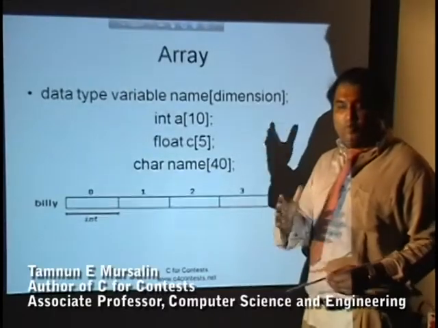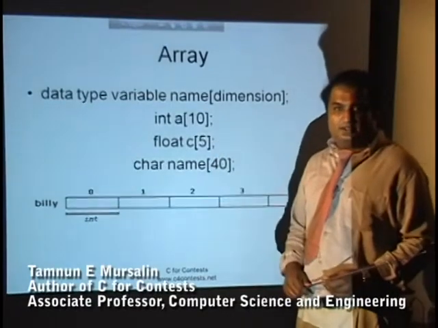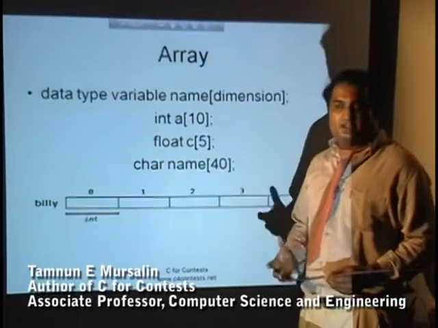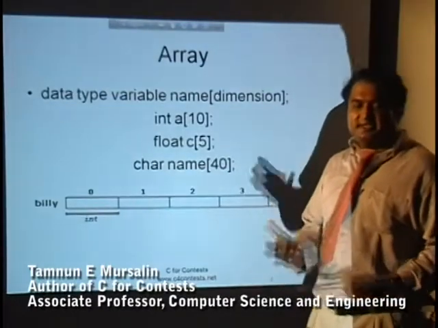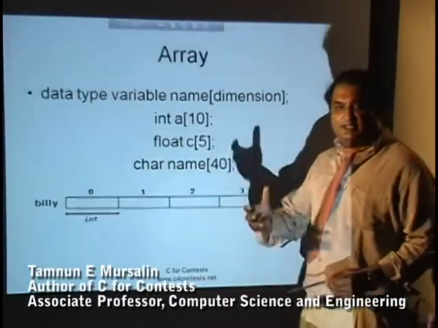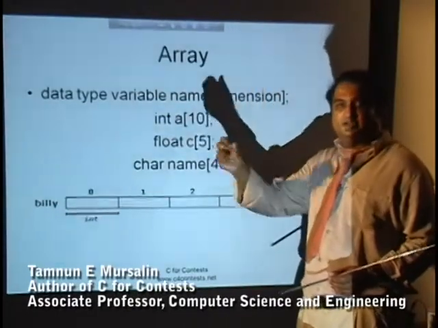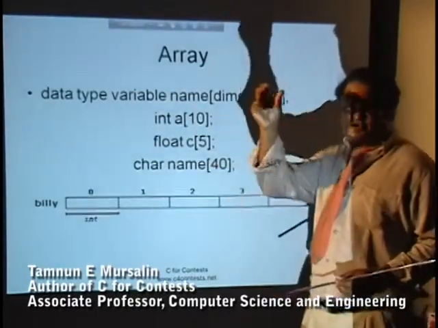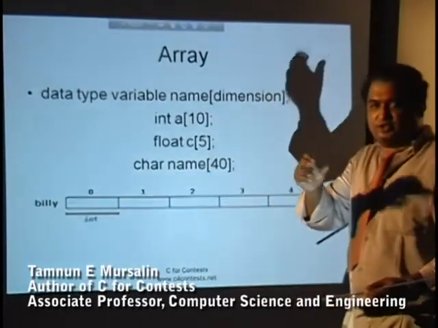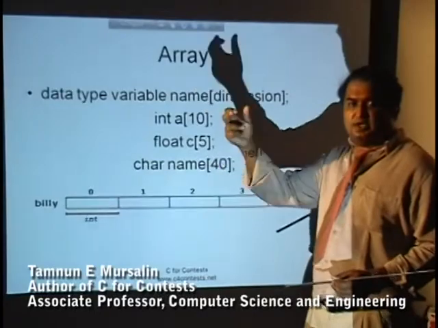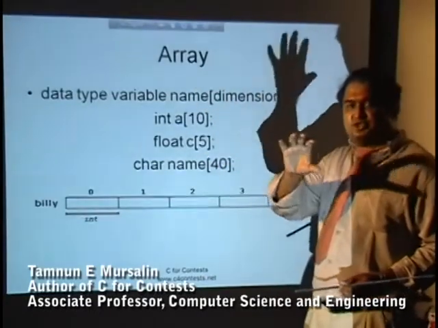Sequentially means one after another. When you declare a variable, it stores in a single location. But what an array guarantees is that when you declare an array, it's going to store items one by one, one after another. For instance, if you store the first item in place number 0, you can be assured it's going to place the second one in 1, the third one in 2, and so on. So it's sequential storage.